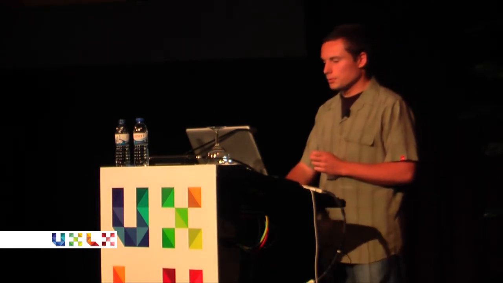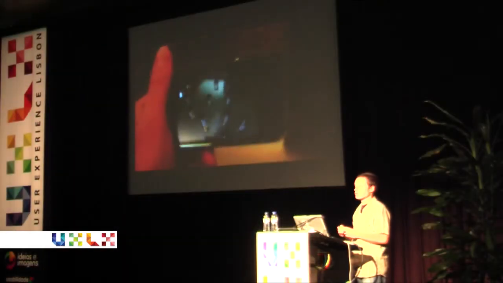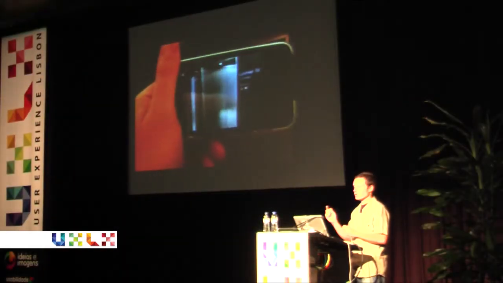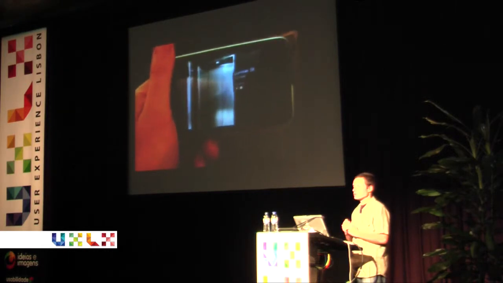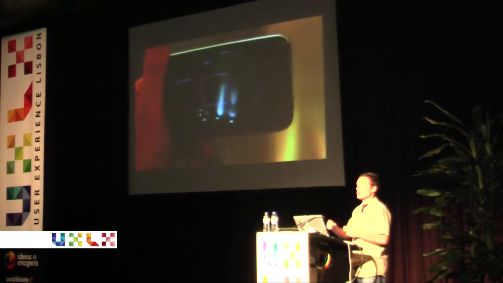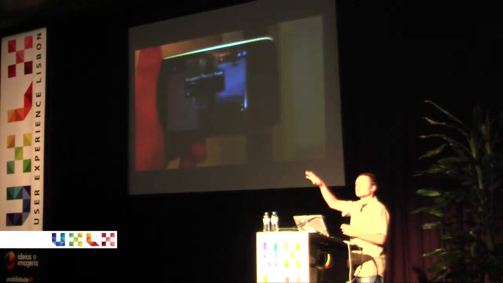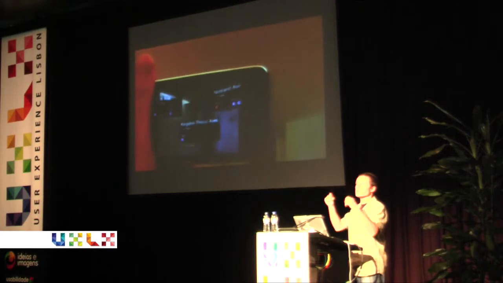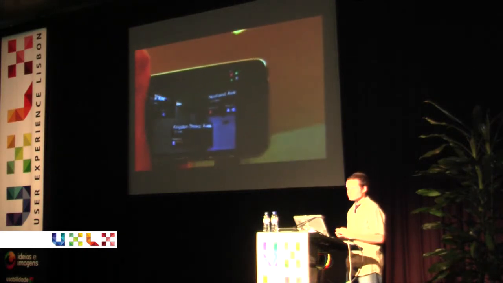For those of you that aren't familiar, this is a really simple example. This is an app called Nearest Tube, and it shows you the subway lines near you. You can point it at the ground, and it'll show you how far away each subway line is. If you move it up, you get a different view, and here you can see generally what direction things are in. If you shift it up even further, you can see other stations nearby. And when you move it up higher, it goes to things that are further away from you. When you have it right in front of you, it points to things that are closer to you.